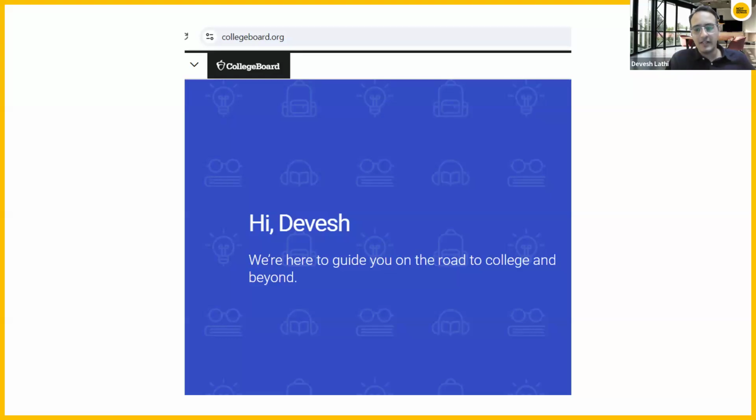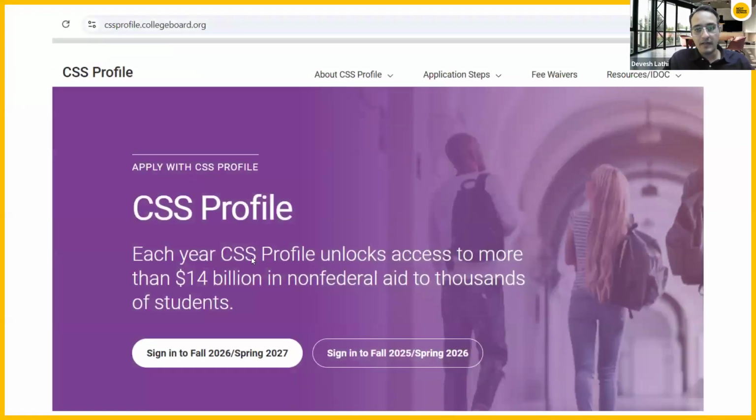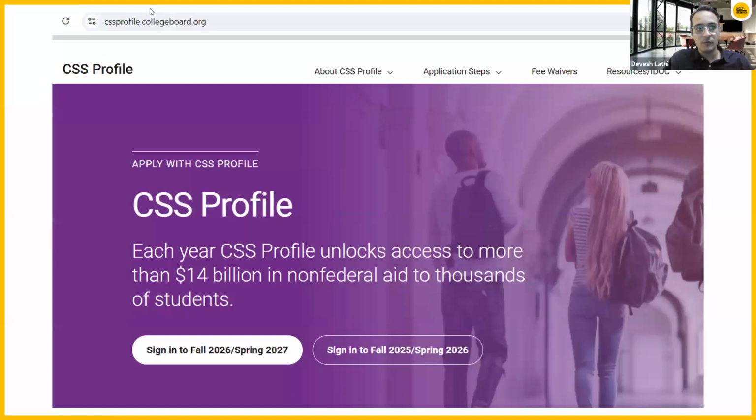So if you have not taken the SAT, if you have not registered on College Board for SATs or APs, then you can create a fresh account on College Board. It's collegeboard.org, and you can start your CSS profile. When you open the CSS profile, when you go to this link, you will see this page. Click on this link, sign into your fall 26, spring 27 application,